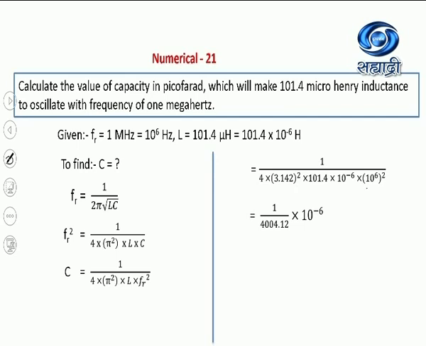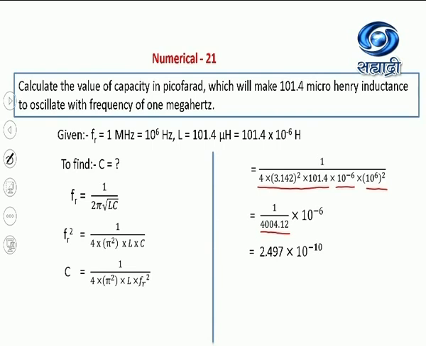Here 10 to the power 6 square is 10 to the power plus 12 and this minus 6 will be 10 to the power plus 6 to the numerator 10 to the power minus 6 and the product of 4 into pi square into 101.4 it comes out as 4004.12. So with this we get capacitance as 2.497 into 10 to the power minus 10 farad, but they have